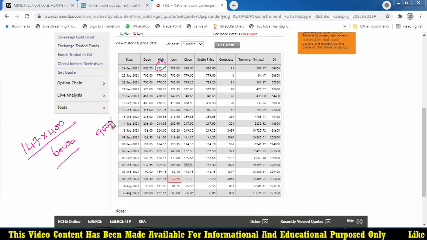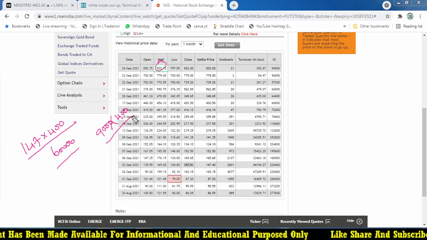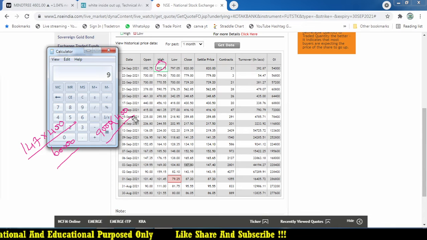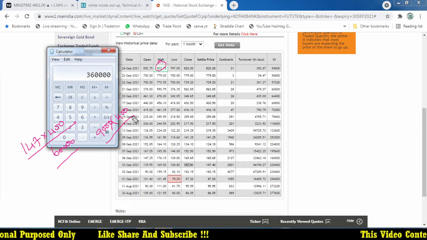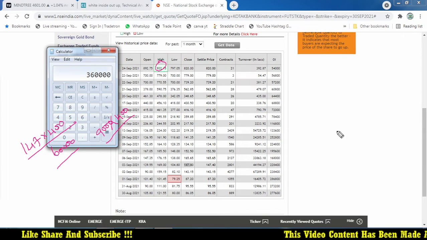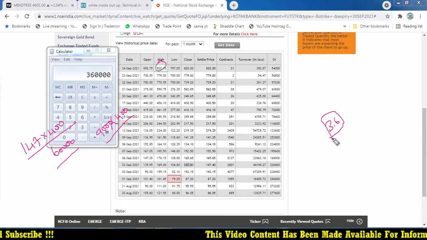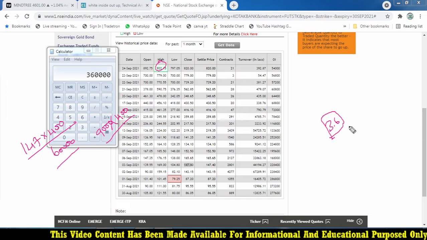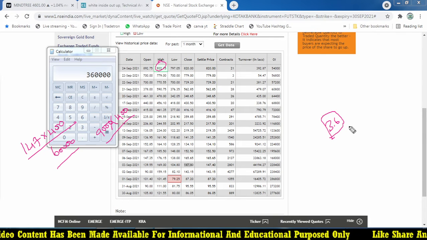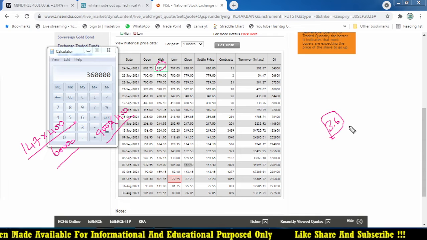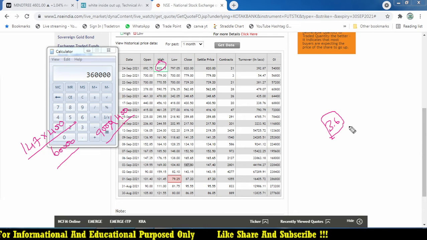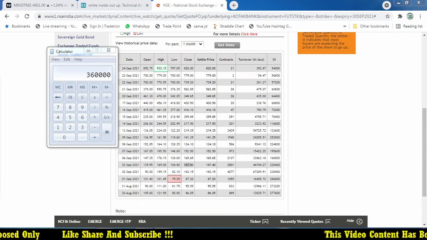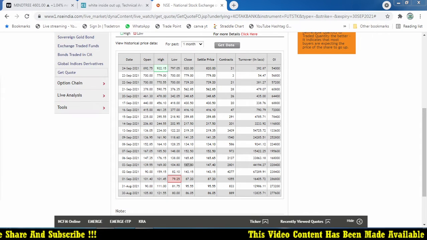If you calculate 900 into 400, what is the use? I will take a calculator to calculate that. 900 into 400, so almost 3,60,000. So 3.6 lakh, a single stock generates the profit. Even if your investments on other stocks based on this method or this candlestick pattern all go lost, this one stock alone recovers all your capital and you end with a profit. That is the real jackpot that happened at the start of the month.